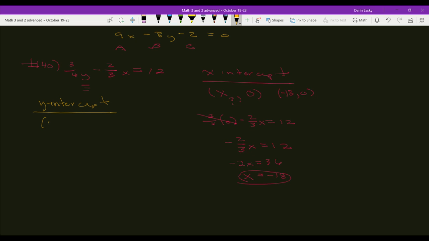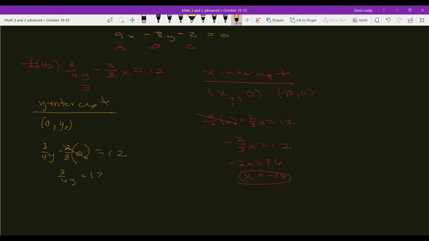an x value of 0, but we don't know what the y value is. So that means my x is going to become 0. So that's a 4, and that's a y. So 3/4 y minus 2/3 times my x value, which my x value is 0, and that is going to equal 12. So multiply by 0, that's going to disappear. And we're going to get 3/4